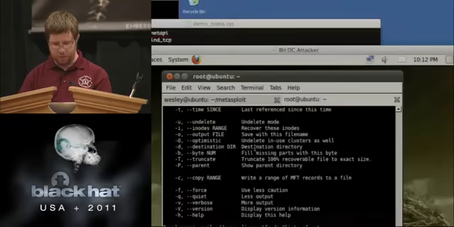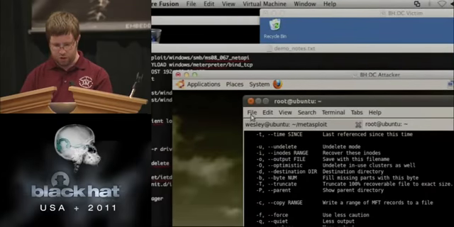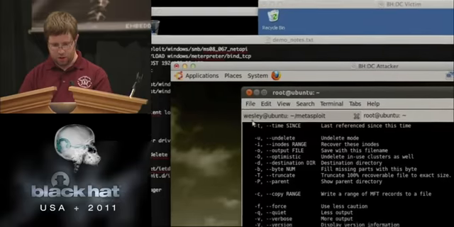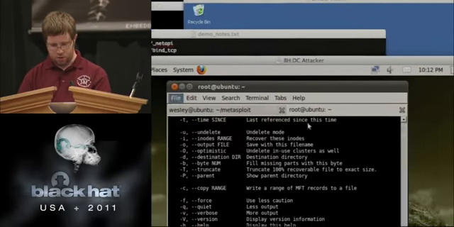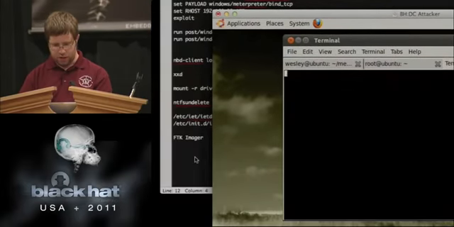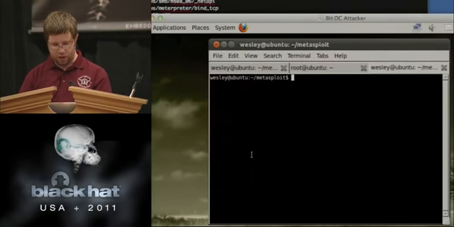While that's rolling, I'm going to start a new tab here. Oops. And show you how we set it up for iSCSI access. So for that, we have ietd.conf. Oops. Sudo make me a sandwich.